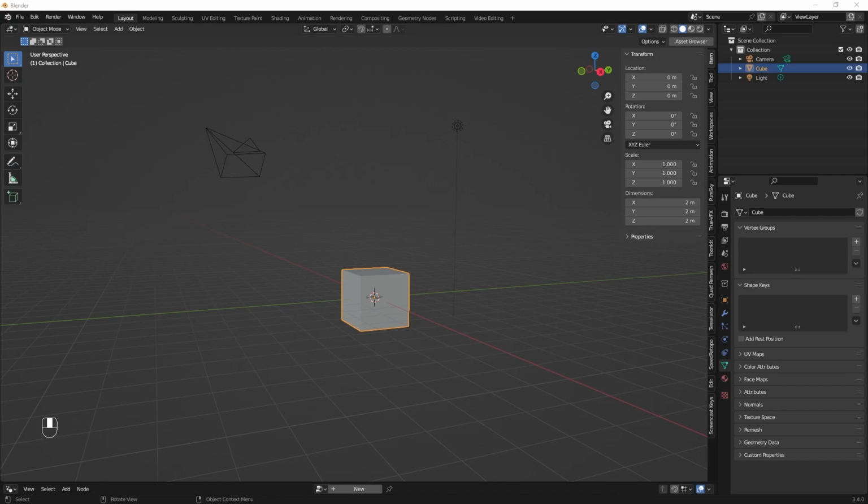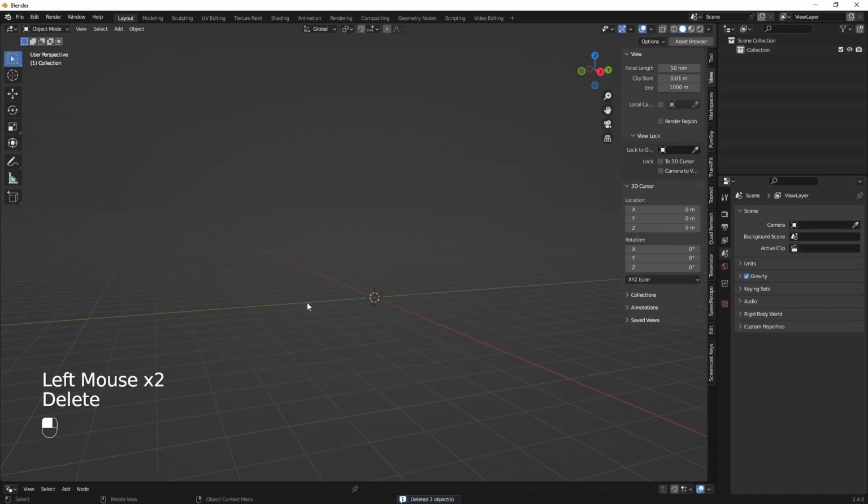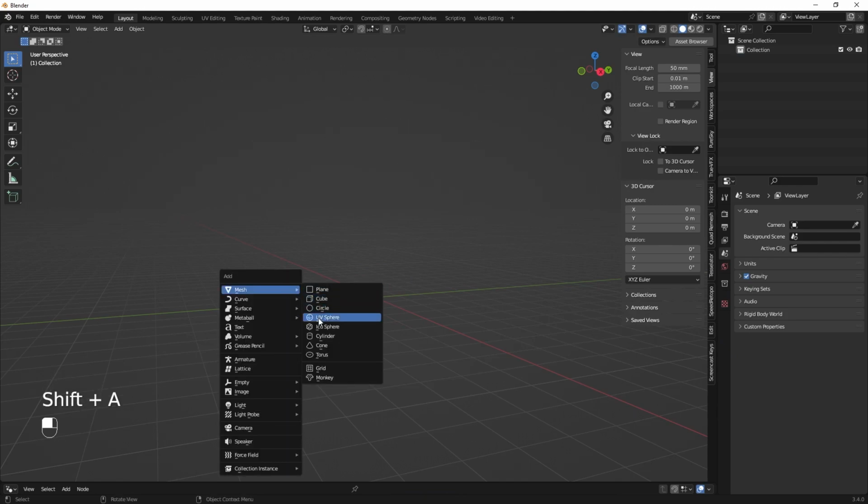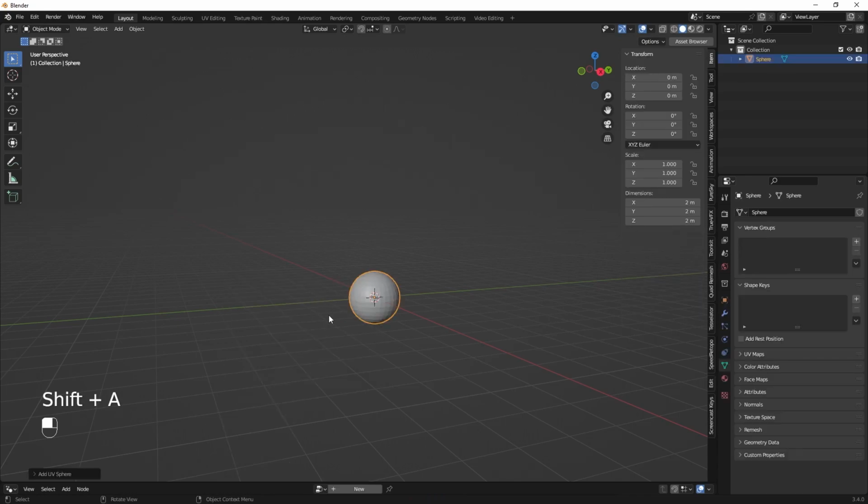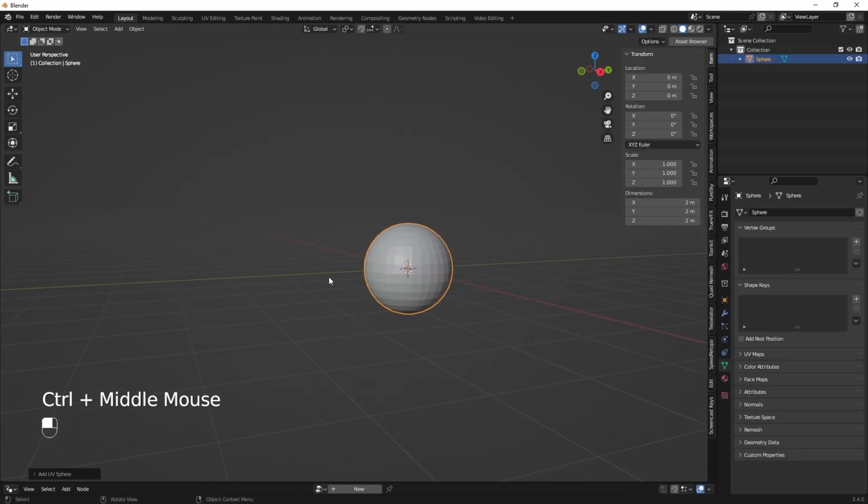Okay, I've opened a new Blender file, and the first thing we'll do is drag the mouse and select all those default items and press delete so we can start with a clean scene. Let's hit Shift A and add a mesh of a UV sphere. Zoom in on that, and this will be our eyeball. So let's go ahead and name him